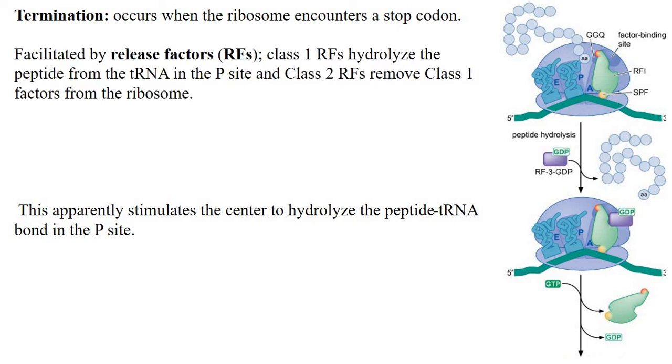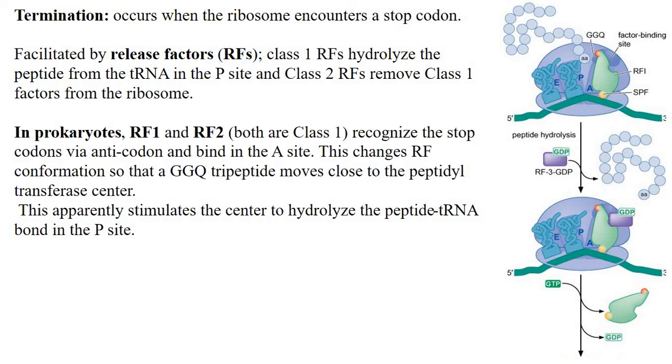Termination is facilitated by release factors, or RF. So initiation factors, elongation factors, and release factors. There are 2 different kinds of release factors, class 1 and class 2. Class 1 release factors hydrolyze the peptide from the tRNA in the P site, and class 2 release factors then remove the class 1 release factors from the ribosome. In prokaryotes, there are 2 class 1 release factors called RF1 and RF2. To make it a little more complicated,